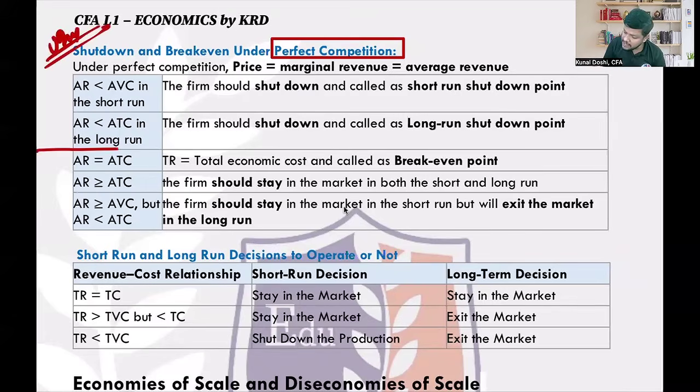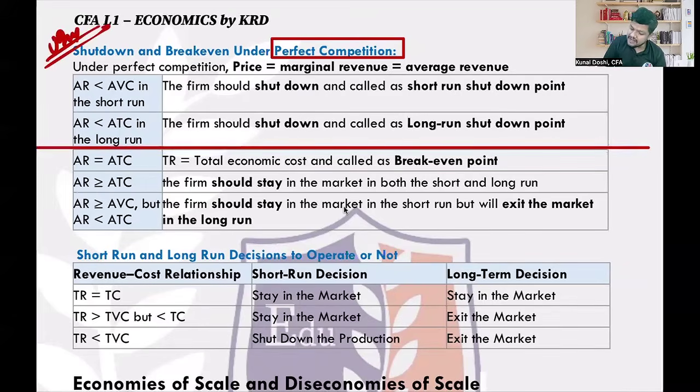Now, before I even begin, let me discuss what is average revenue, what is average variable cost, and average total cost. First of all, total cost of a company includes total fixed cost plus total variable cost. And when I divide these costs by the related quantity, it becomes average total cost, average variable cost, and average fixed cost. Average revenue is total revenue divided by the quantity.